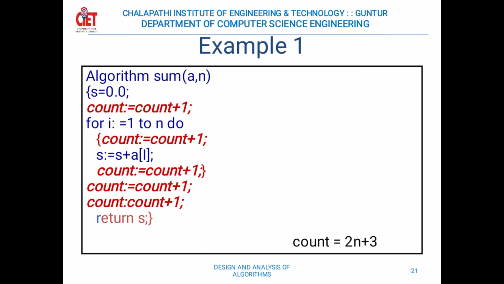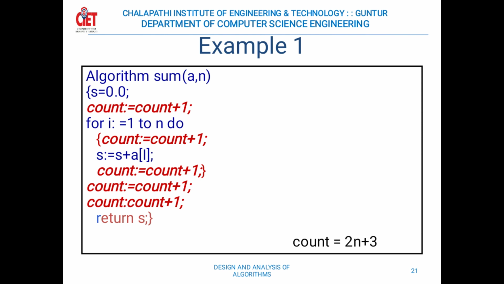Example. Here in this example, after initializing the variable s, we increment the count value by 1. Next, coming to the loop,